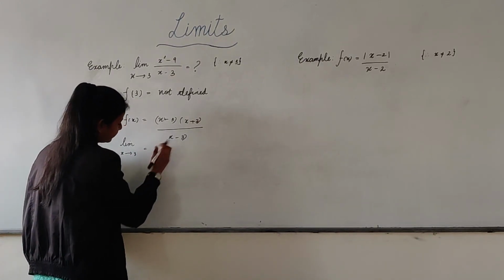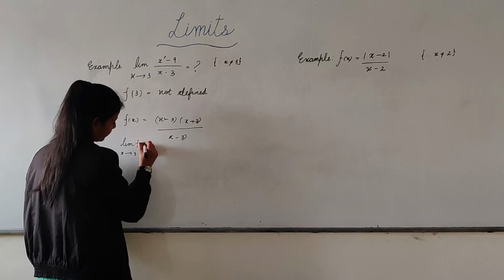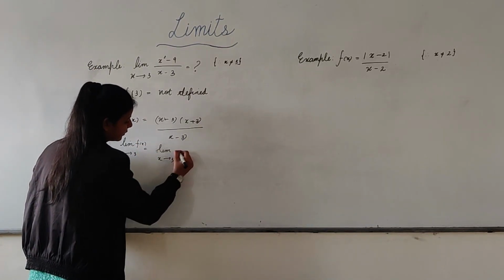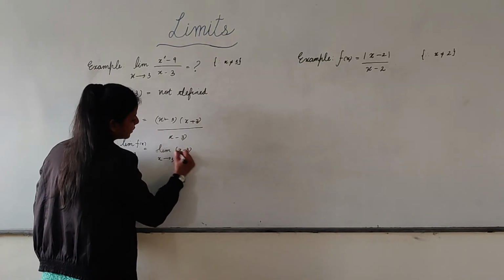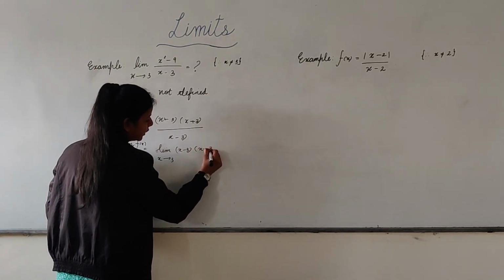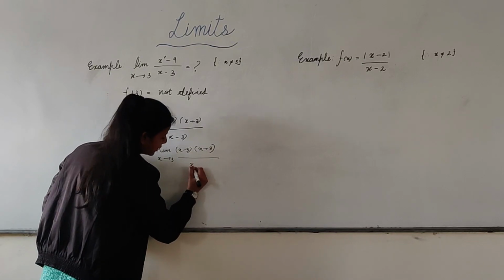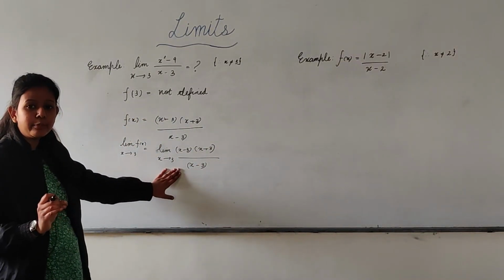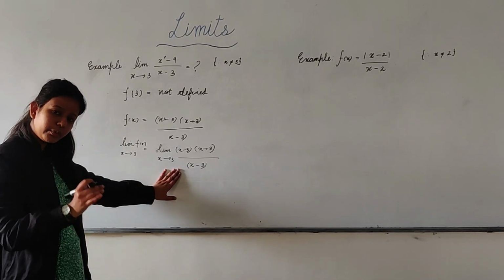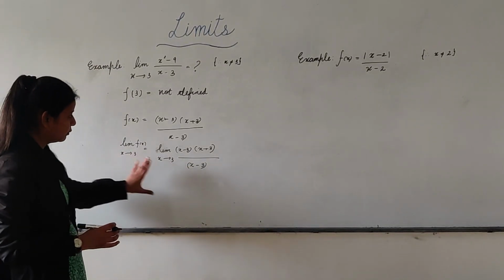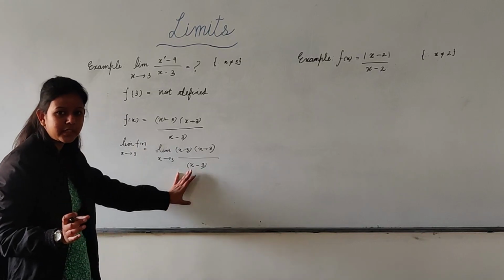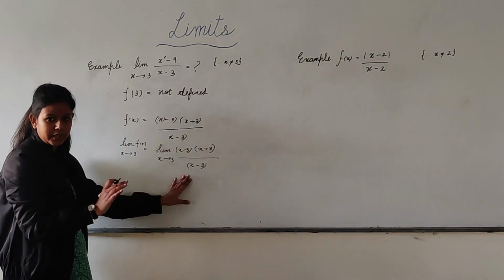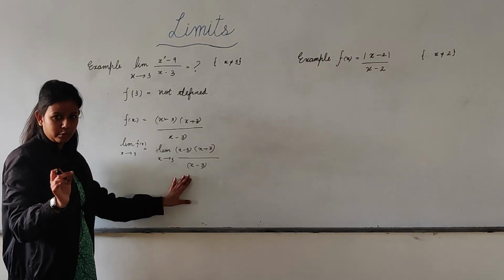We write here limit x tends to 3 of (x minus 3)(x plus 3) upon (x minus 3). As we do not directly put x equals 3, we check in the neighborhood. So as x approaches 3, let's check in the right neighborhood at